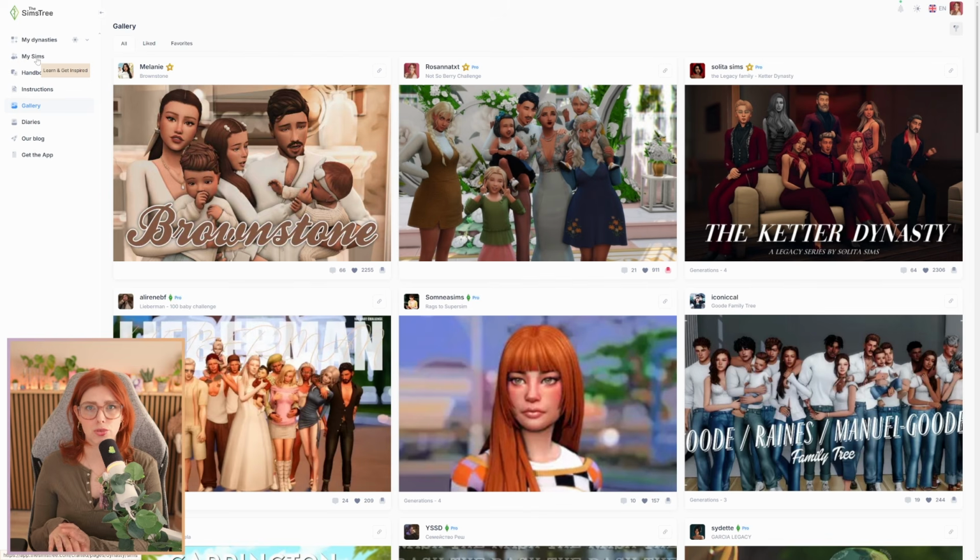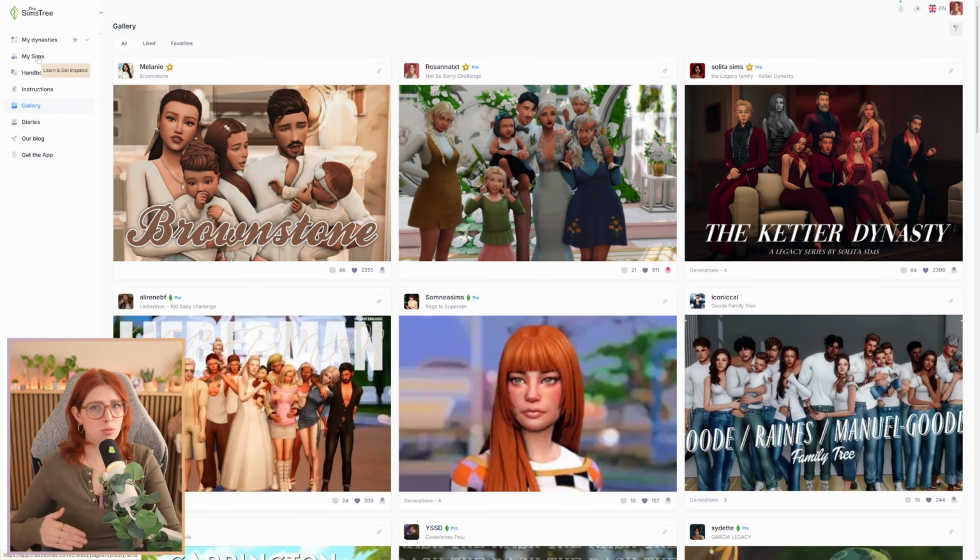I'm going to show you how to do that later, but I actually initially found it a bit confusing that when I was starting a family tree, I first needed to set up my Sims in a separate tab. However, once I realized why they do that, it started to all make sense to me. So I just want to give you guys that heads up that if you start with the SimsTree, just start